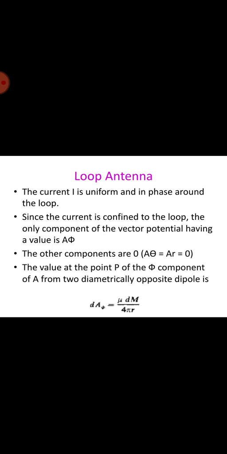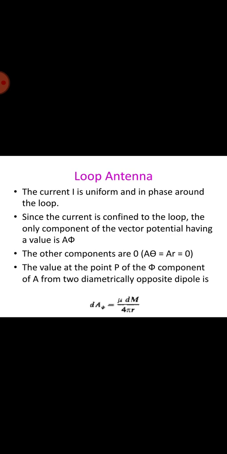Assuming that the current is uniform and in phase, the far field expressions will be derived with the aid of the vector potentials of the electric current. The vector potentials will first be developed for a pair of short, diametrically opposite electric dipoles of length a d phi, and then integrating over the loop, the total vector potential is obtained, and from this the far field components are derived. The value at the point P of the phi component of A from two diametrically opposite dipoles is given by